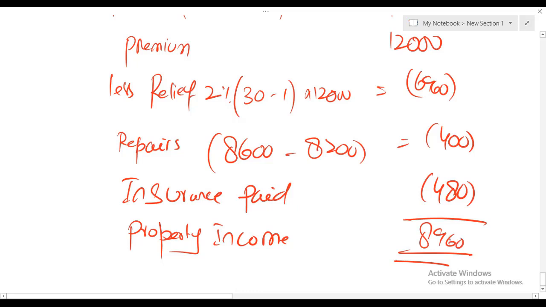Alhamdulillah, the job is done. So we are done with property income, a very small topic. In the next class, I'll be discussing, inshallah, pension income, NIC, and I'll try to discuss a little bit on trust as well, and there's one more concept. So we'll be discussing more on pensions, inshallah. After completing the topic of pension, we will move on to employment income.